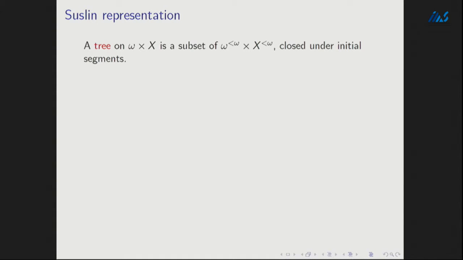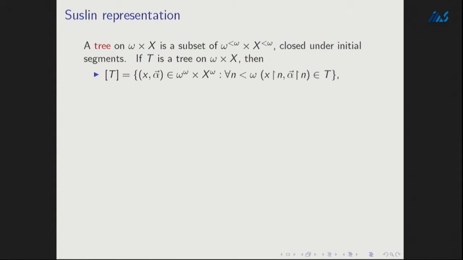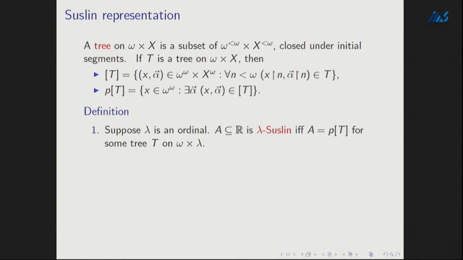So the typical way of getting the regularity property of a set of reals is by the tree representation. So a tree on omega times X is a subset of finite strings, where both coordinates have equal length, closed under initial segments. So we define the infinite branches in the usual way, and the projection of T is a set of reals, so that x is in the projection of T if and only if there is a second coordinate sequence alpha witnessing that (x, alpha) belongs to the infinite branches of T. So this is the Suslin representation,